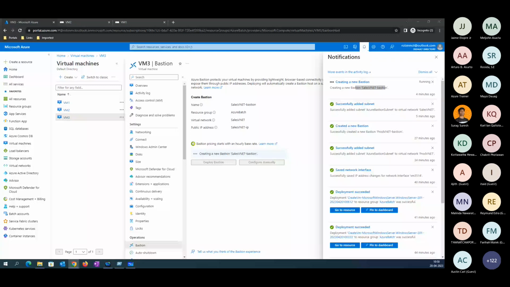It's in progress. We're waiting for this to complete. Right now, there's been progress.